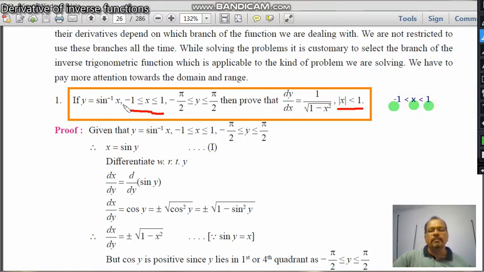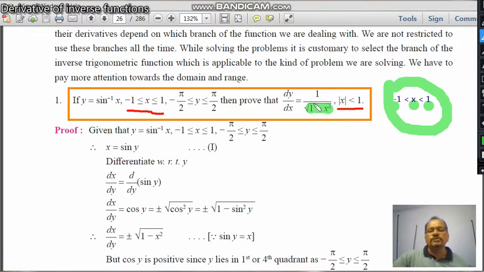But here, minus 1 is less than or equal to x is less than or equal to 1. Mod x less than 1, that is, x between minus 1 and plus 1. This is because x square is in the denominator, under root 1 minus x square, the term is here. If this term becomes 0, then this dy by dx is 1 upon 0 and it is not defined in